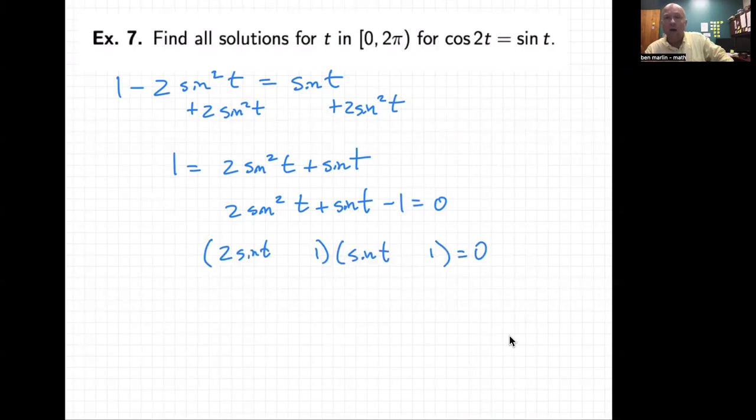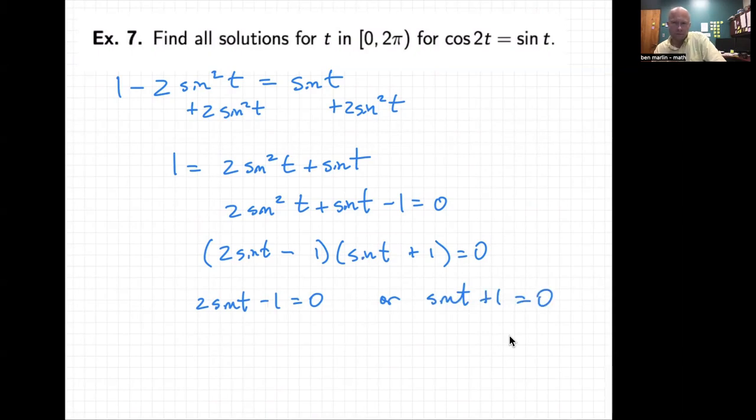If you're wondering why I'm not going ahead and doing all the multiplying the leading and trailing terms and so forth, it's because I'm tired and I would like to get finished with this a little more quickly. This is going to factor into something that will have the plus here, the minus here. Okay. And so we're going to have 2 sine t minus 1 equals 0, or sine t plus 1 equals